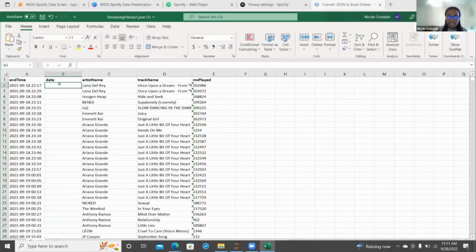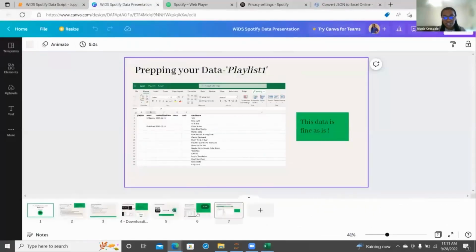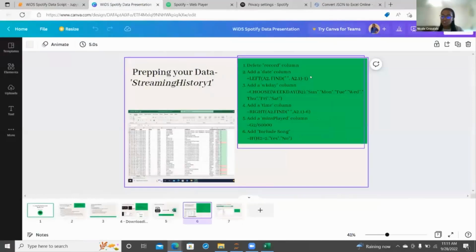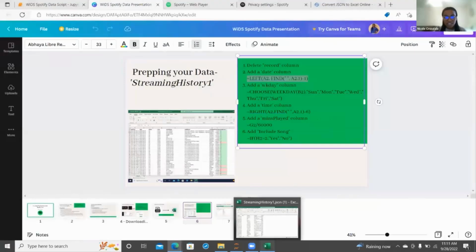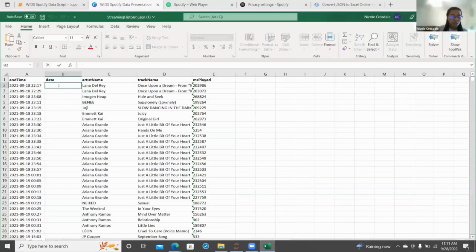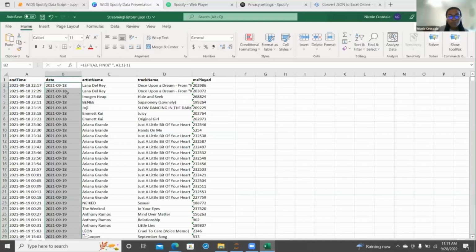And then we can go ahead and type in just a quick function that again is in the presentation. So let me show you all here again. On this page, to make it easier for you all, you can copy and paste these functions. Copy that, and we'll add it in the date time column, in the date. If you go ahead and click enter, what this function is doing is just taking everything to the left, separated by that space that's in this cell. So you can go ahead and press enter and then click this little square at the bottom right-hand corner